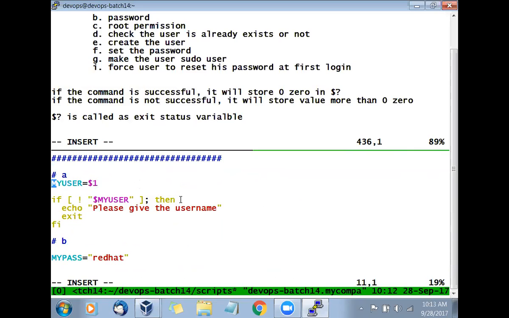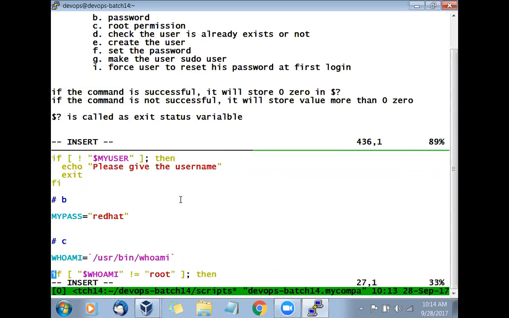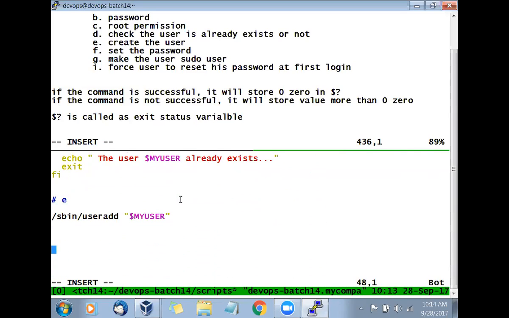Now, why did we do that immediately? Because sometimes, in between, the value of $1 can be changed. So you don't want to take that risk. That's why we gave that to the variable. Hey, take this. Done. Immediately we have saved that variable. And that's why we keep on using my user, my user. We are not using $1. No. We are saying my user, my user.